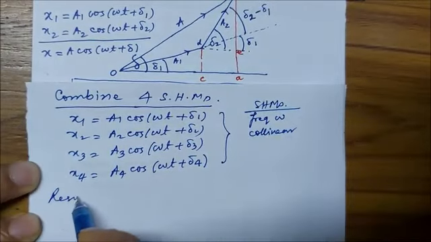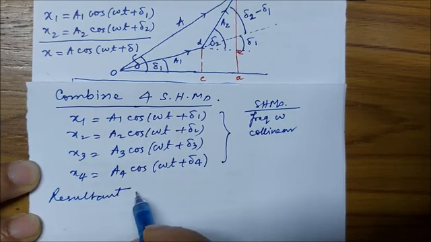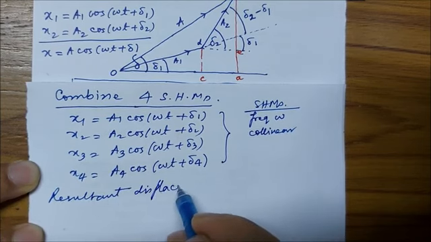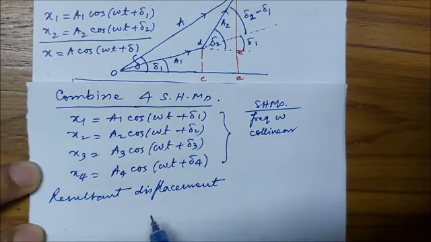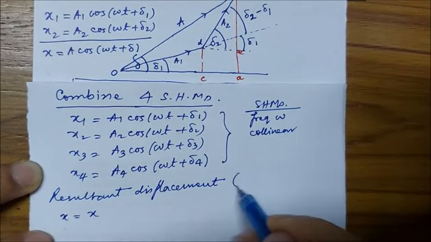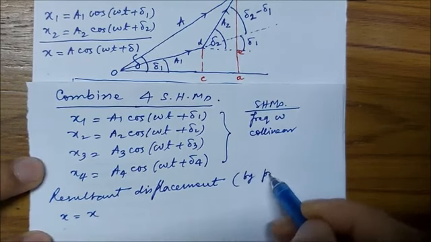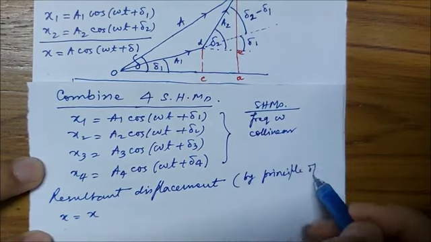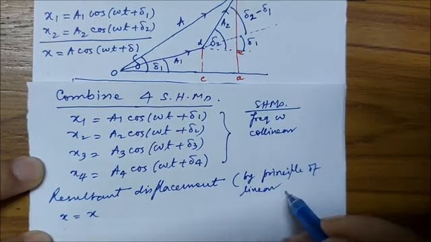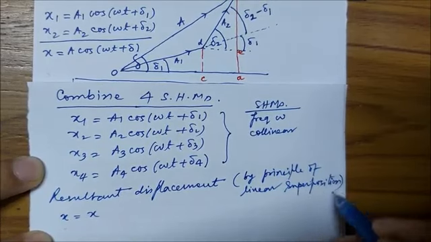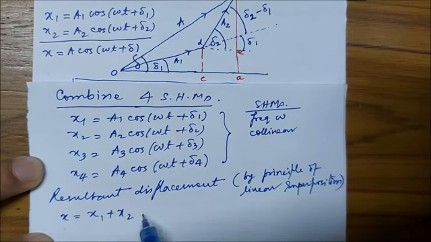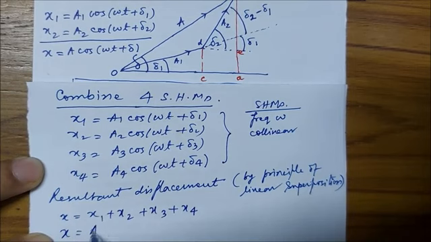So the resultant displacement of a particle on which these SHMs are applied will be by principle of linear superposition, so it will be A cos of